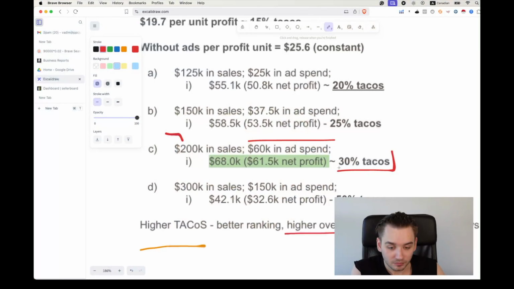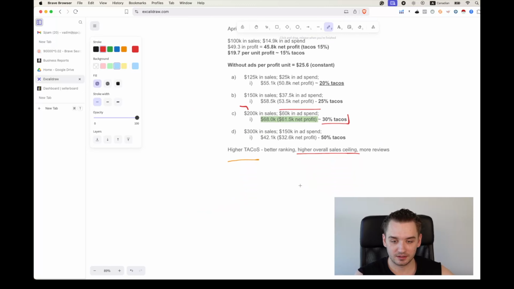Because investing more in ads means you're obviously using more cash flow to run the business. But if it's all coming back in net profit, that doesn't make a difference, right? You also have to account for your inventory. Is it a Q4 season where you have to keep units flowing fast because the storage fees are so much more expensive? Or is it a normal month where maybe you don't have as much stock and have to focus on the lower investment?